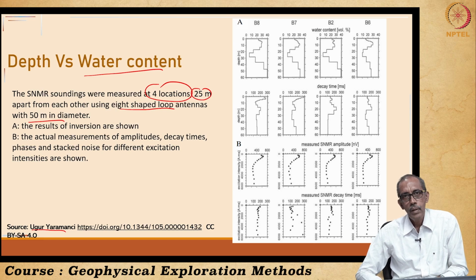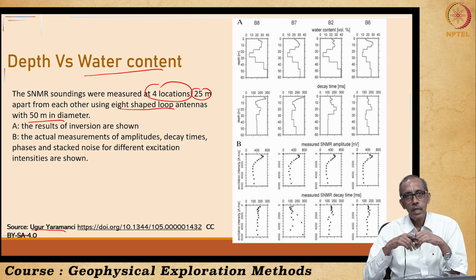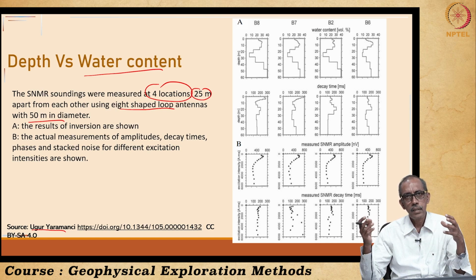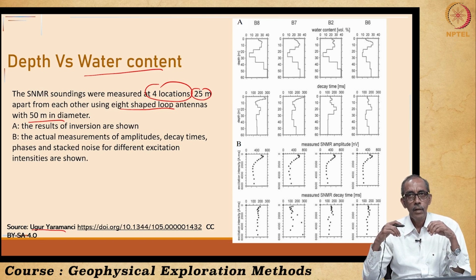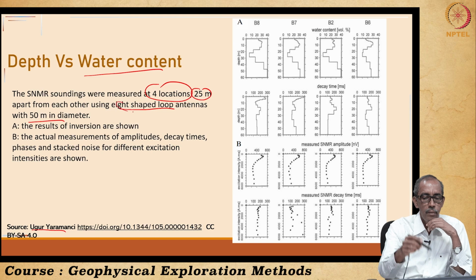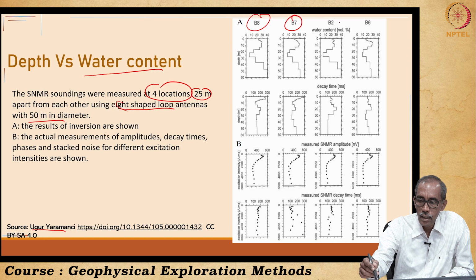They described that they had gone ahead with the 8-shape because they were receiving a lot of noise at that site because of an electrified railway line which was at a distance of about 4 or 5 kilometers, even that has led to some noise. To reduce the noise, instead of using a standard rectangular, square or circle shaped coil, he has used an 8-shaped antenna. From these 4 sides, the results are given here.